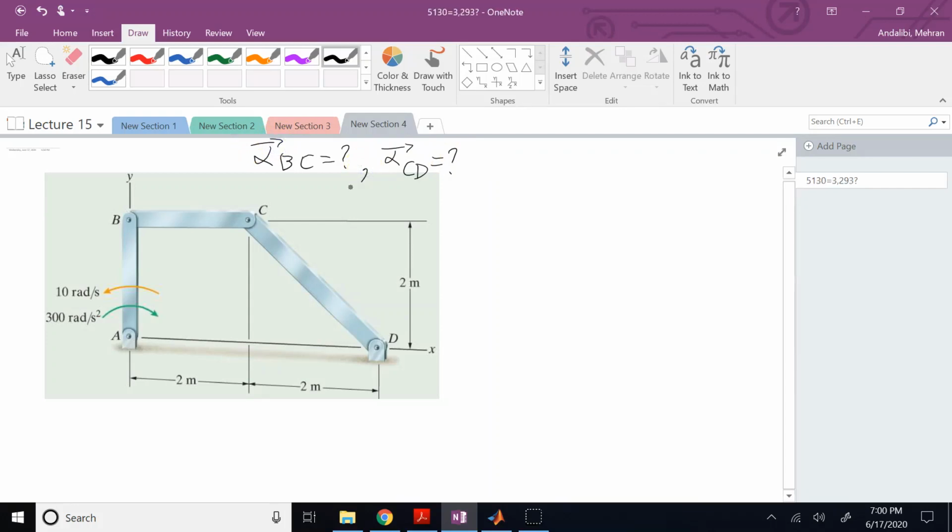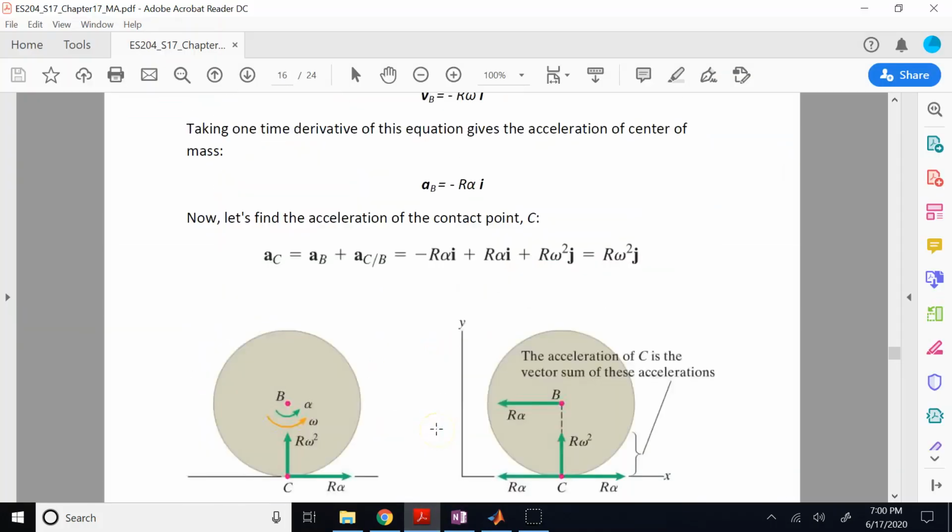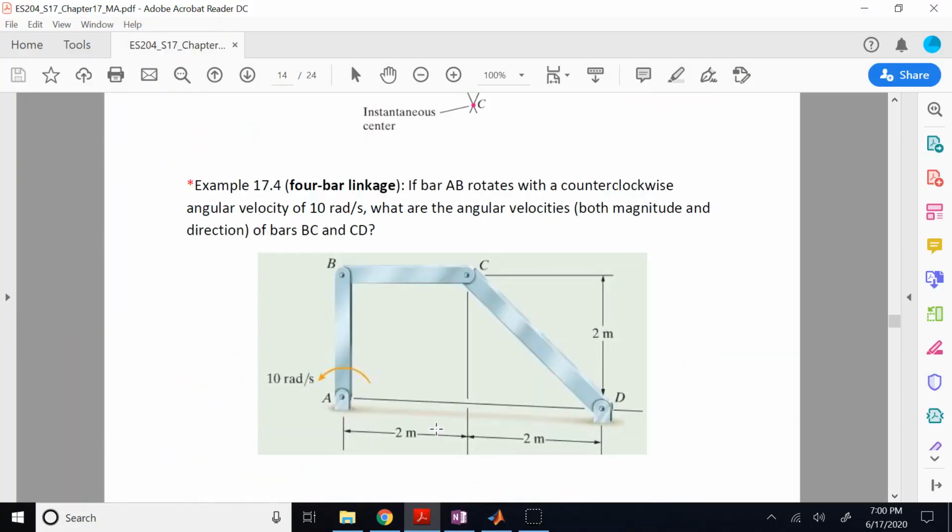So we know we have to find alphas, we have to do acceleration analysis, but we learned that before doing acceleration analysis, first we have to do what? Velocity analysis. So I'm going to do velocity analysis for this problem here as well, although if you remember, we have seen the same guy here, right? We have seen this in our classroom